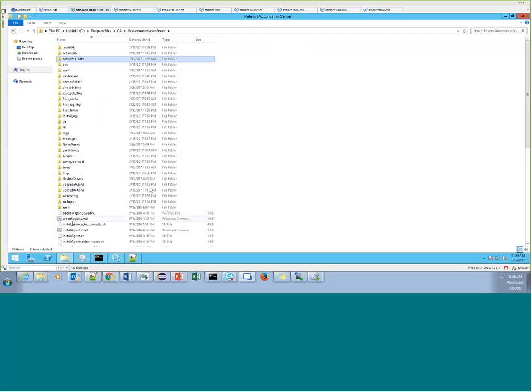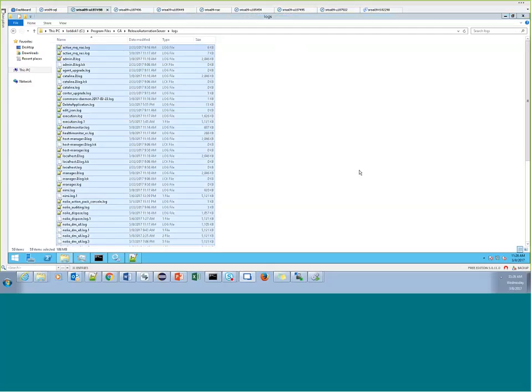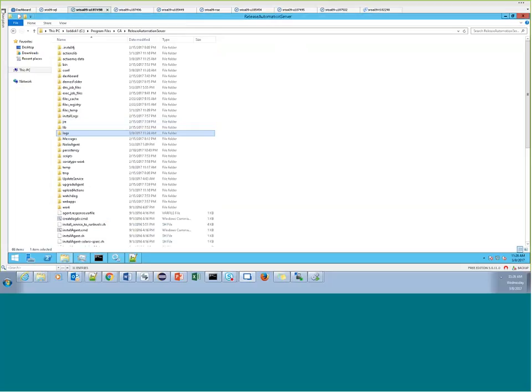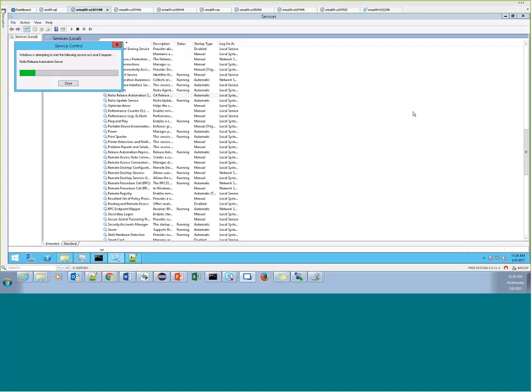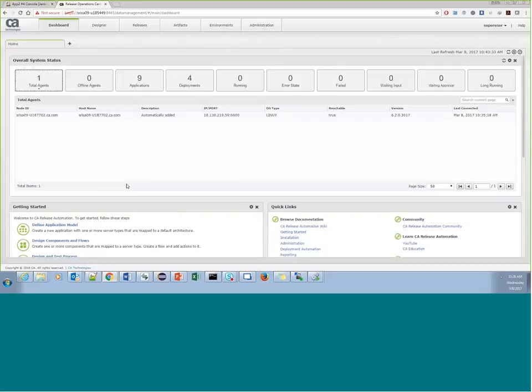So I'm just going to do that, and there is this logs folder. Okay, so I have to remove this logs folder so that I can get a fresh log, and that's it. So I'm just going to start, and I will have a server which is SSL enabled as soon as it starts up. Now, what to do when your SSL server is enabled? Since RA takes like 5 to 10 minutes to start up,